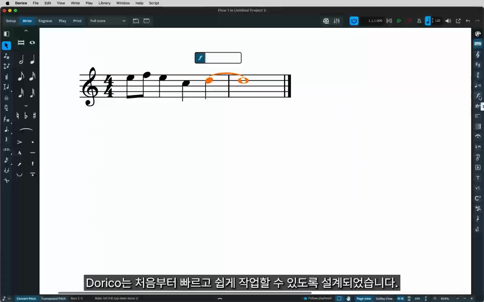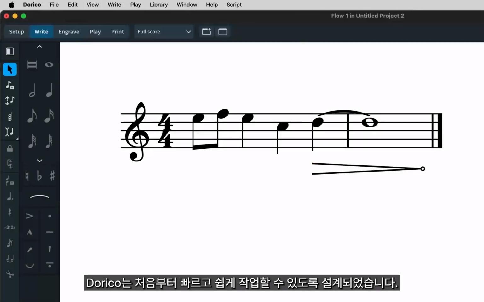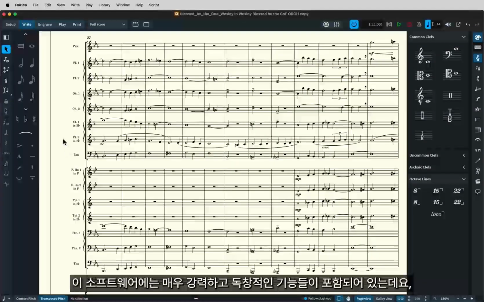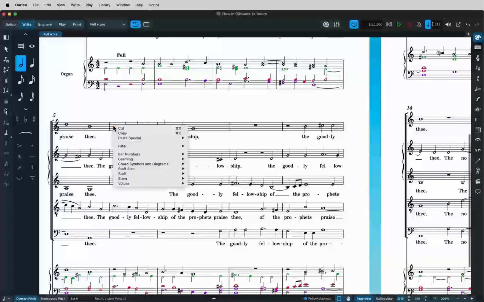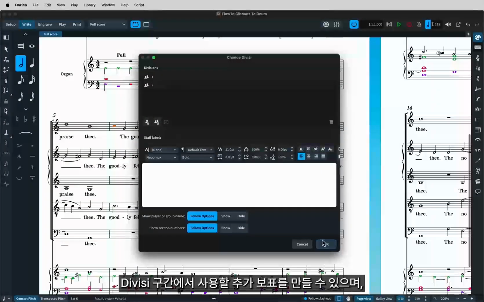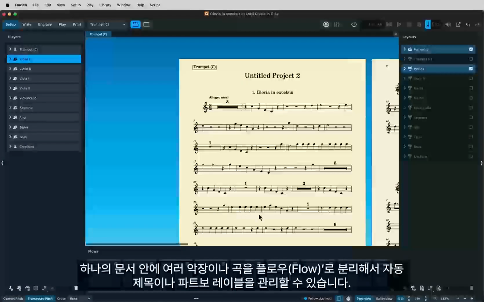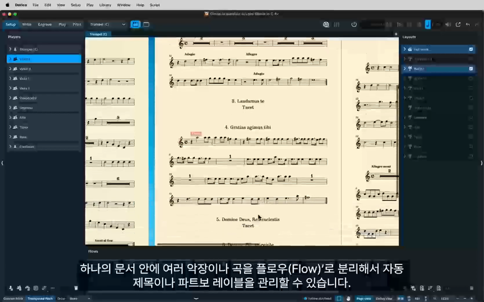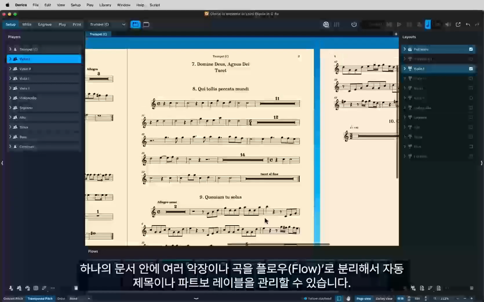Well, Dorico is designed from the ground up to do things quickly and easily. It has many powerful and unique features, like condensing pairs of instruments in the score, while leaving the parts unaffected, creating additional staves for divisi passages, flows, multi-section works in one document, with automatic headings and tacet labels in parts,